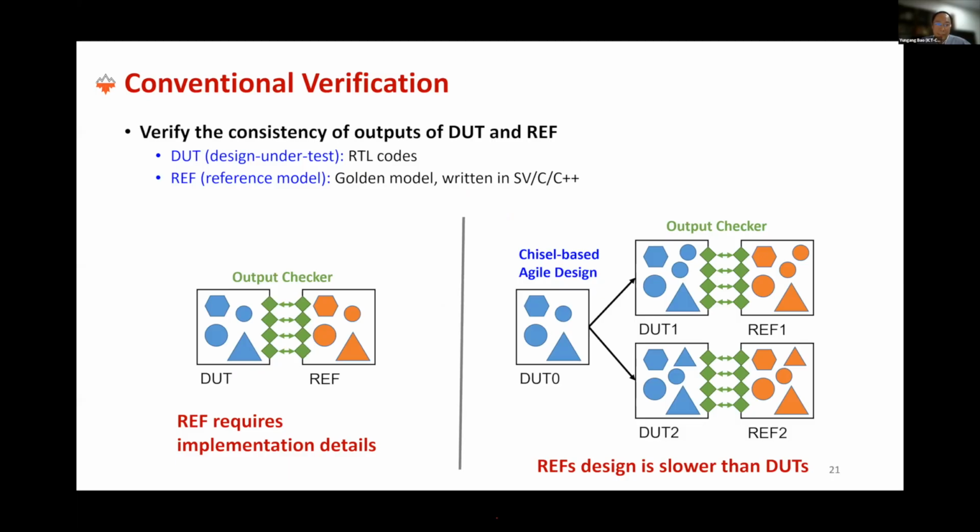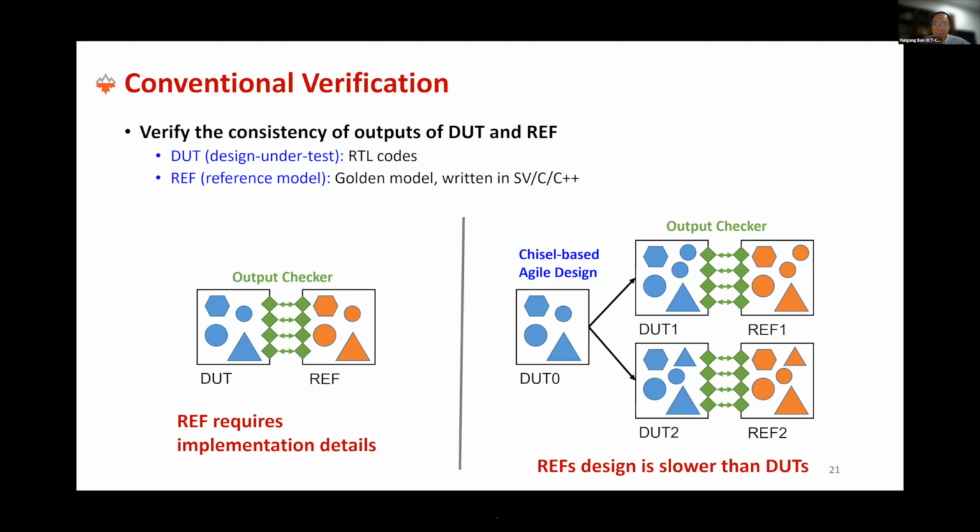Conventional verification checks the consistency of the output of the design, the DUT, or design under test, and the REF, which is the reference model. Usually the reference model requires implementation details. But this traditional verification suffers with agile design, especially Chisel-based agile design. Why?